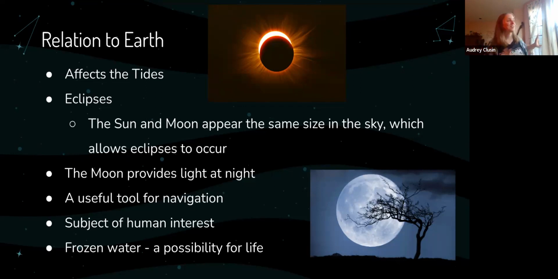So things like trees, houses, us aren't going to be pulled up towards the moon because the gravity isn't strong enough. But things like water are pretty malleable and they can easily be pulled. So this is what causes the water to rise during high tides and go down during low tides. It's just going towards the moon. And then this also happens with the sun.